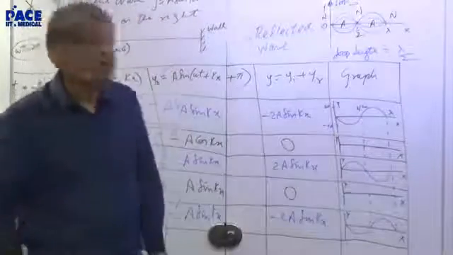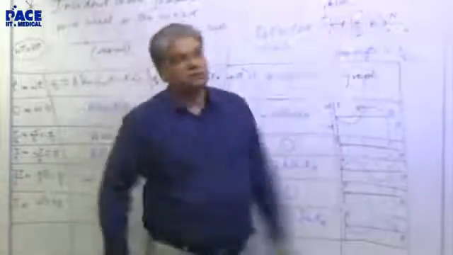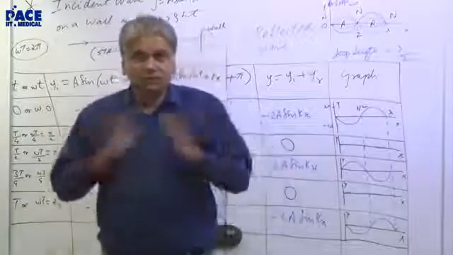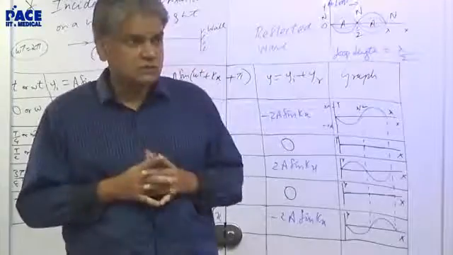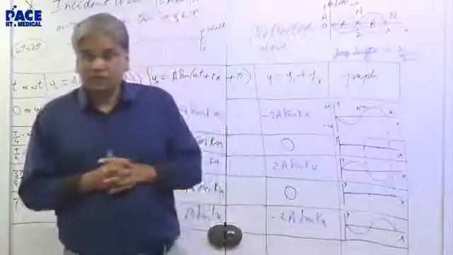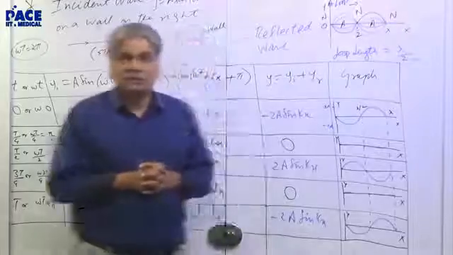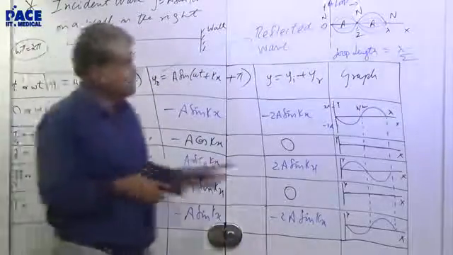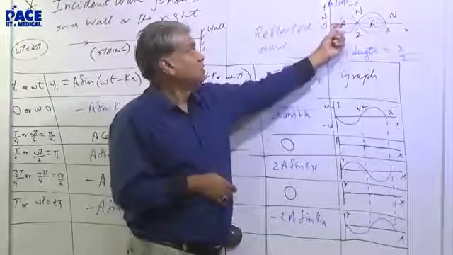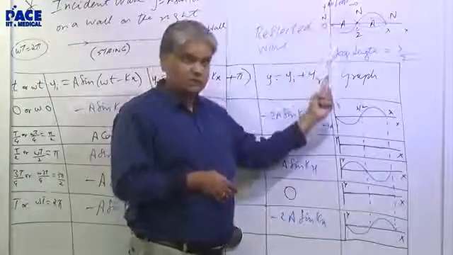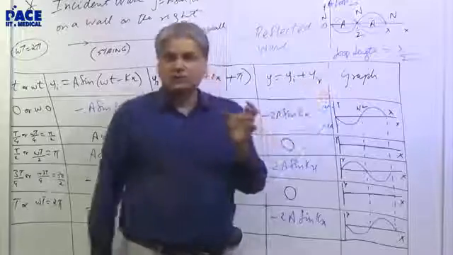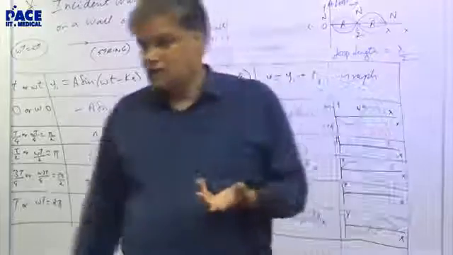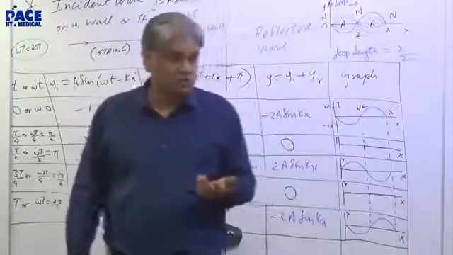And each point is having a different amplitude. There are points which have zero amplitude. Which ones are those? Nodes. There are points which have the maximum amplitude. What is the maximum amplitude here? 2A. Which is that point? This one. Utna upar or फिर utna नीचे. And there are in between points without any special names. They may have an amplitude of A or A by 2 or 3A by 2.